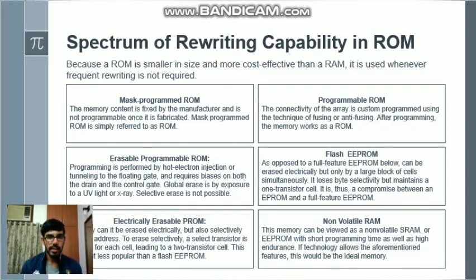So now the ROMs that are discussed henceforth are all based on the floating gate MOSFET. The first of these is the erasable programmable ROM, or the EPROM. Now this actually overcomes one of the limitations of the programmable ROM, which is that it can be rewritten multiple amounts of times. That means it can be erased. But the limitation associated with this type of EPROM is that it can only be erased in one go, and it erases the entire memory device. So all your data goes in one go.